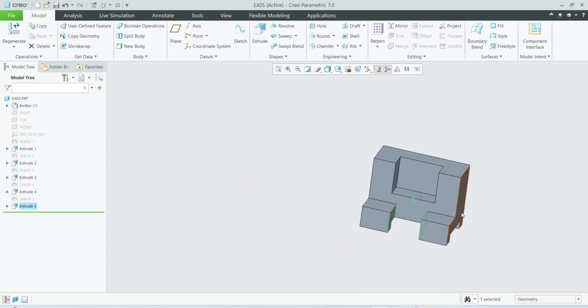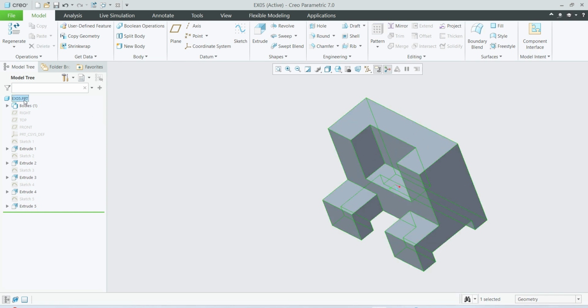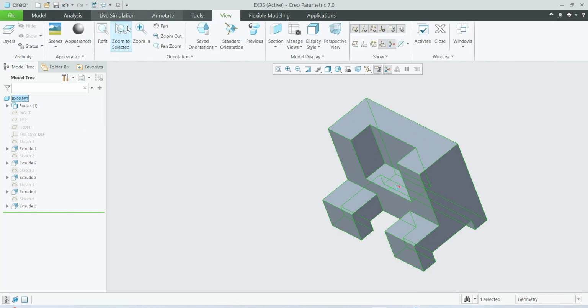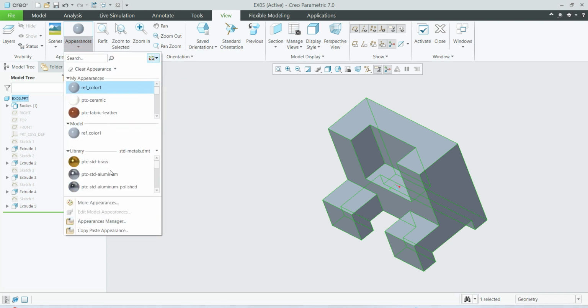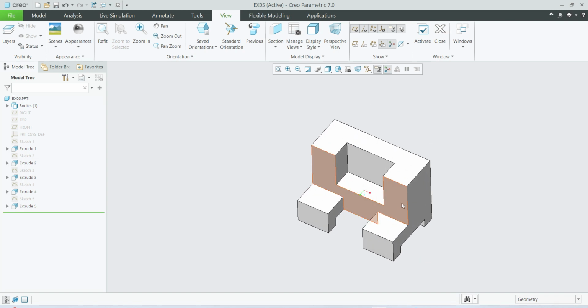Now we can assign the material here. Select the entire part, view appearances. So we can see the materials here: brass, PTC, titanium, steel polished, gold. I will select this. Okay,